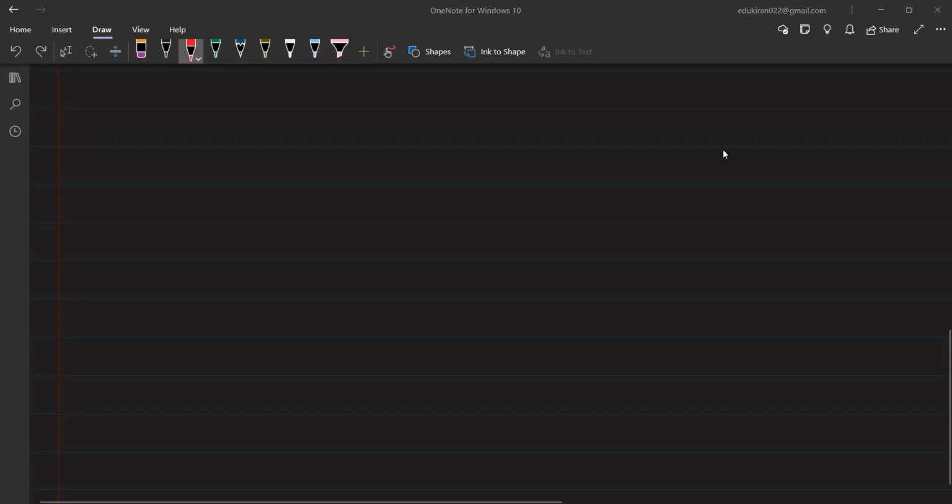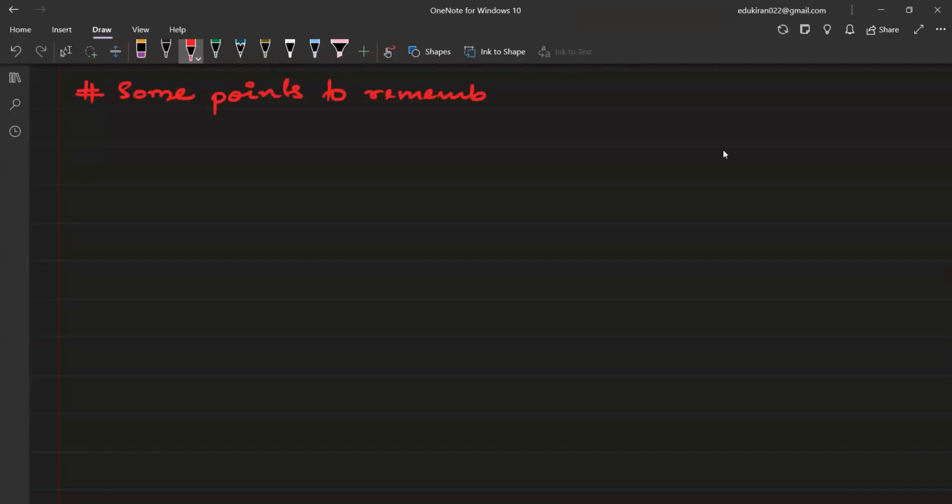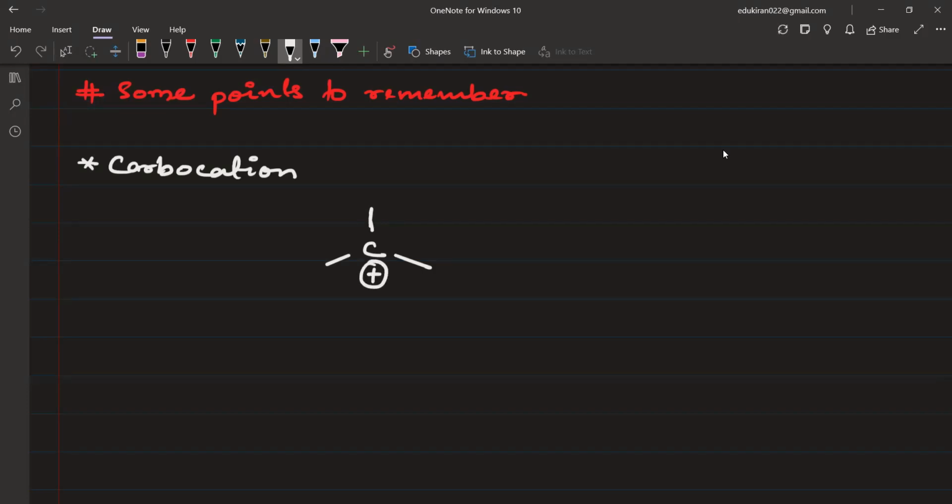Right, next. Also write some points to remember. This is from 11th standard once again. Carbocation. Carbocation has three groups attached, it will have three bonds, and there will be a positive charge because the octet is not complete. It only has 6 electrons here. Carbocation is electron poor. And there are some electron donating groups that will stabilize the carbocation. So if you have a carbocation such as,